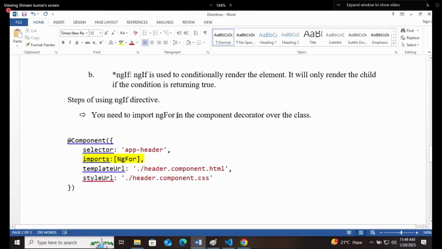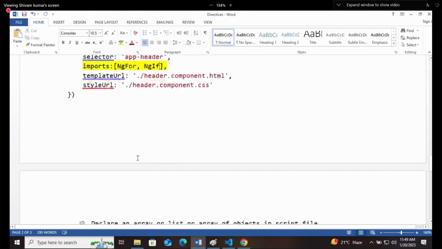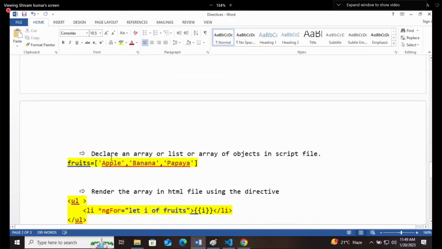First we need to import it, ngIf here. After that, what we need to do is declare a condition or any property in the script file.